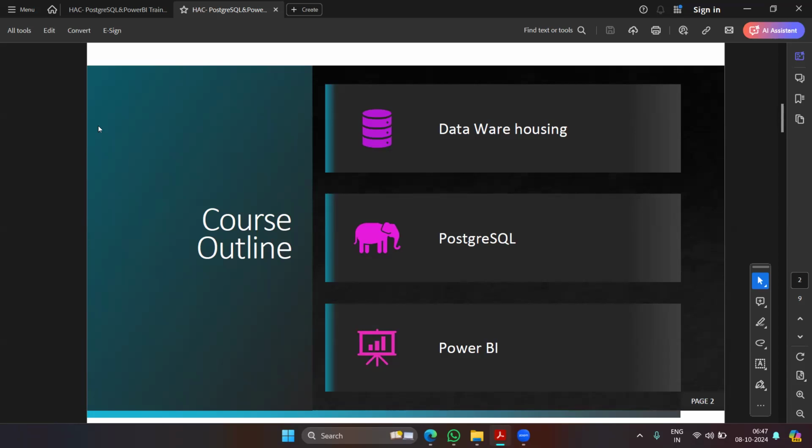My bank is generating a lot of data. That data is copied into cloud systems, and there the cleanup and transformation of data happens. On those lines, first we will start with data warehousing and PostgreSQL to understand how data fits, and then Power BI. This combination is going to give you an end-to-end understanding of what your objective is and what we are going to achieve. I can simply go with Power BI, but